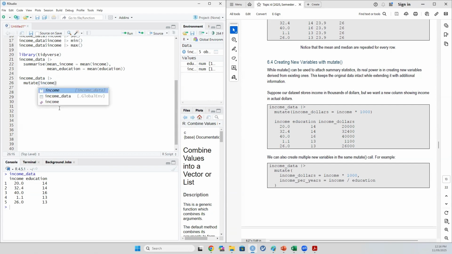So if I want the new thing to be called income_dollars, whoops, underscore. Why is my underscore button not working? There we go. Dollars is given by, and then on the right side of the equal sign, how you want